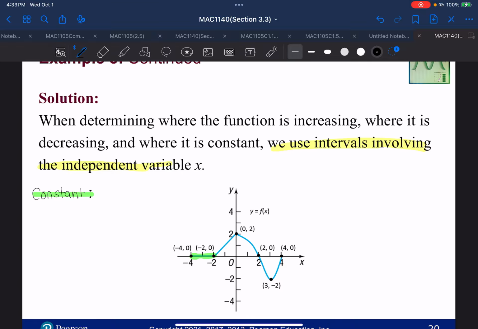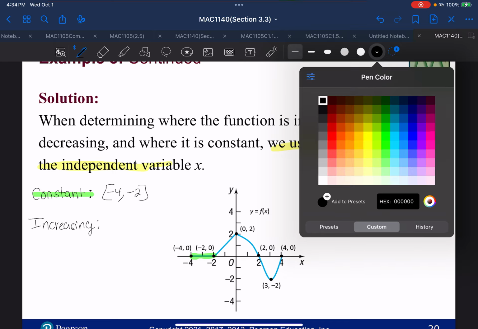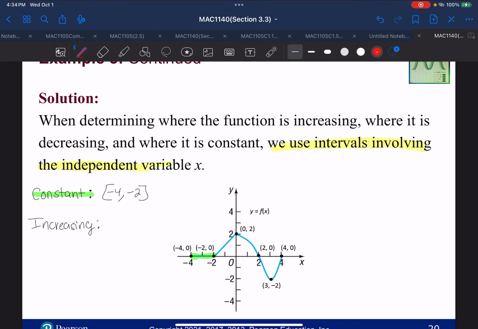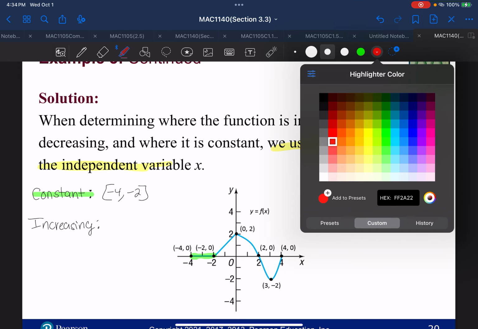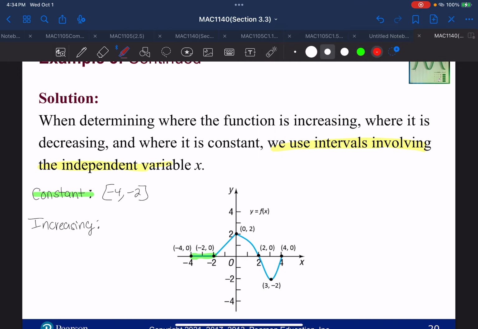So that interval would start at -4 and go to -2. And then increasing would be from -2 to